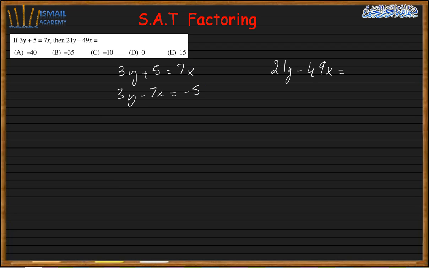Let me do this one step by step. So you do here minus 5 both sides, x minus 5, then I minus 7x both sides, 7, so